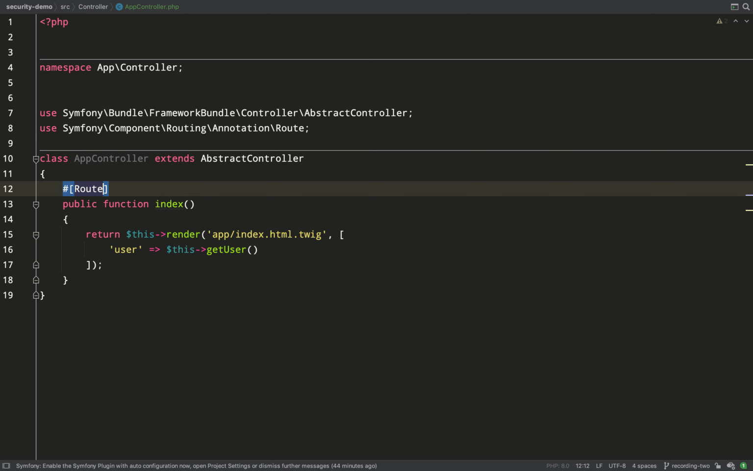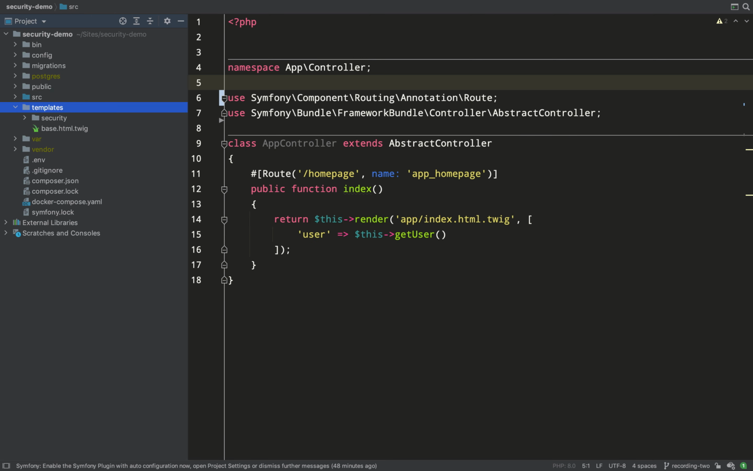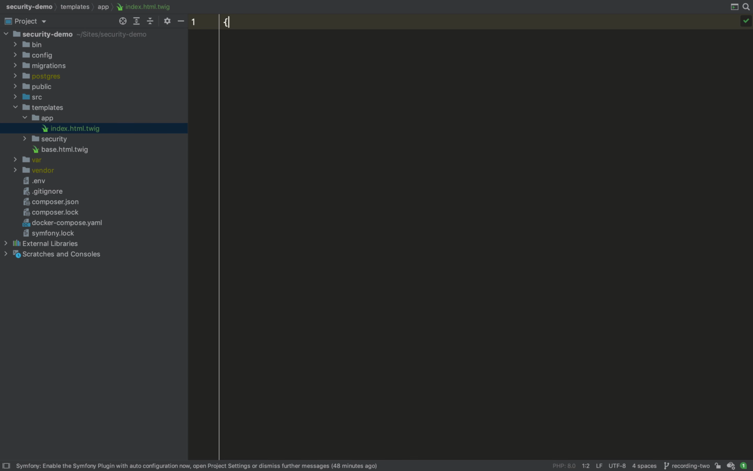Let's add some routing. The route will be simply /homepage, and I'm going to give it a name of app_homepage, and that will come into play when we use the URL generator in order to redirect there. As you can see, I'm also using named arguments, so name, colon, and then app homepage as a string. Let's create that Twig file also. So inside of templates, I create a file which is in the app folder, and I'm going to call it index.html.twig. I'll start by including